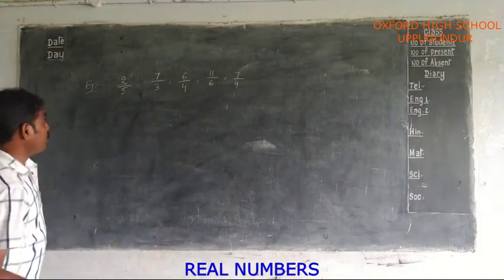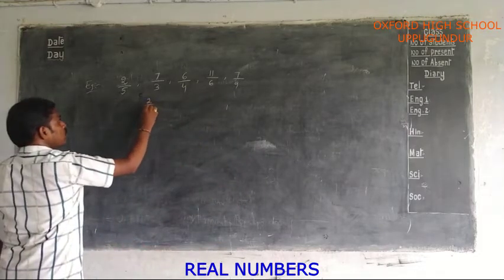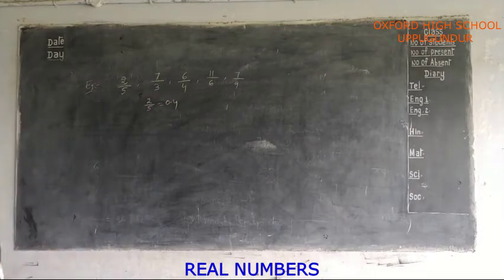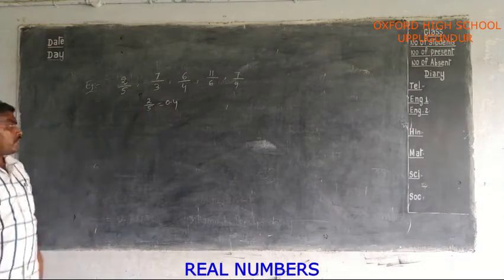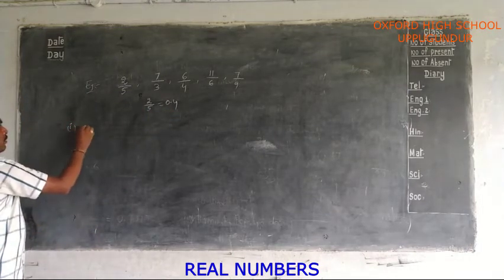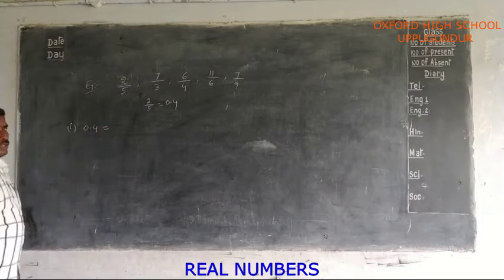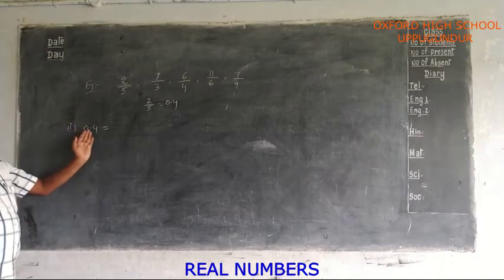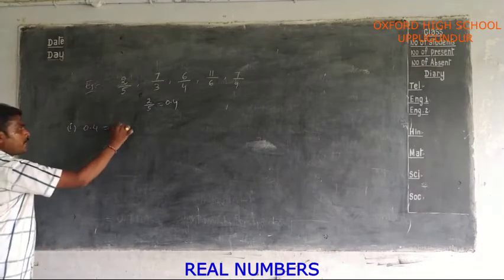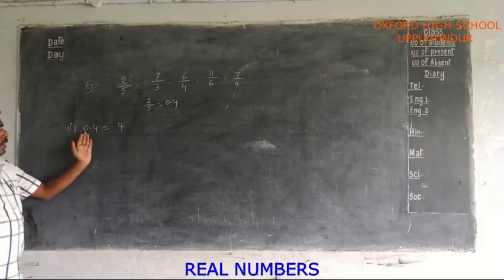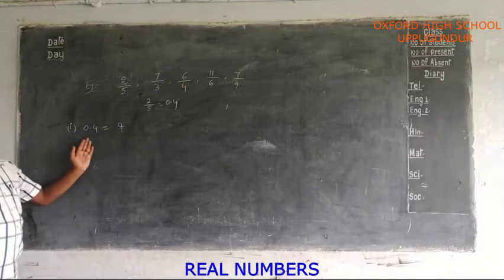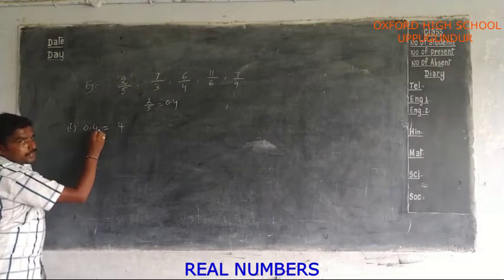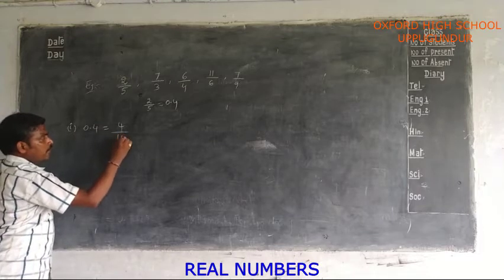So what is decimal form of 2 by 5? 2 by 5 equal to 0.4. So if you want to convert this decimal number into rational number, what is the method you have? 0.4 equal to. After point, how many digits are there? So after removing that point, you have to write the numerator as it is. Denominator is, after point, how many digits are there? You have to divide that 10 multiples. That means if here after point, one digit is there. So you have to keep 4 by 10.